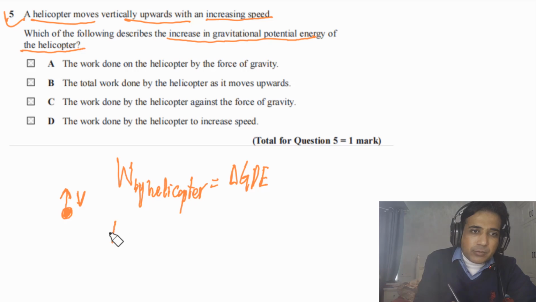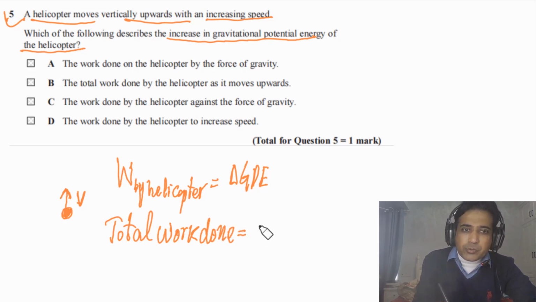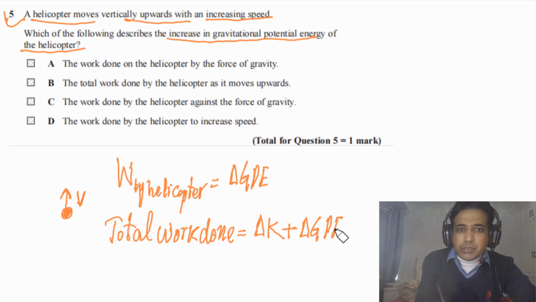So in this case we will say the total work done by the helicopter is equal to the change in kinetic energy, meaning the gain in kinetic energy, plus the gain in GPE, and